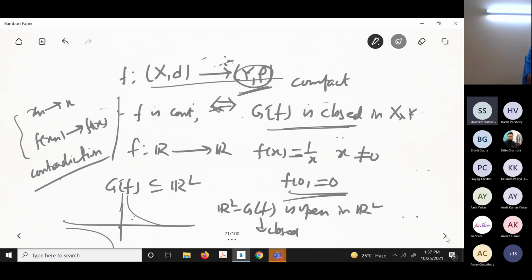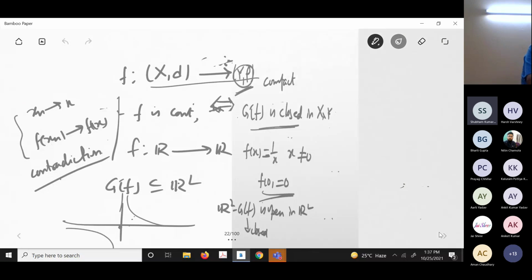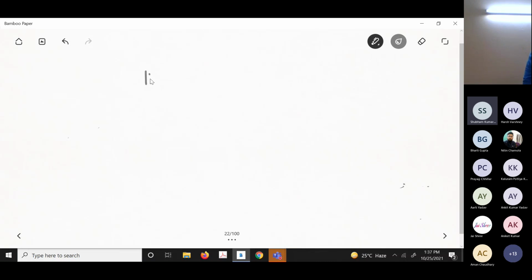And question 5, I already told you that in R^k. Previously I did, if you have A plus B, it is defined, because in any linear space you can define it. If A is closed and B is closed, A plus B need not be closed. But if one of them is compact, then it will be closed.